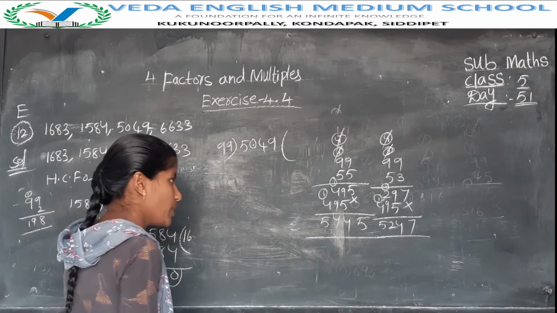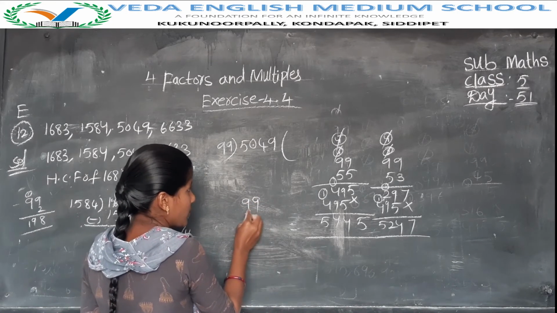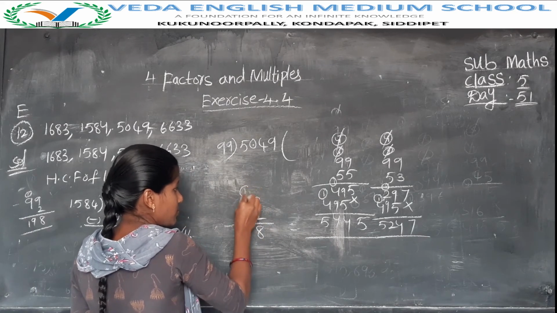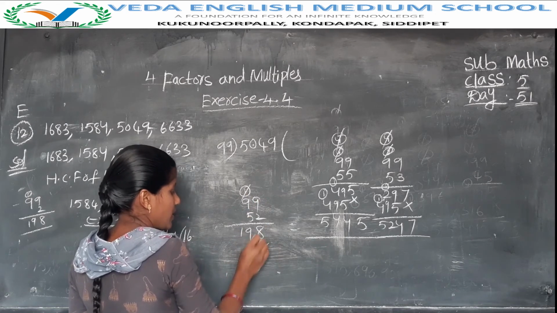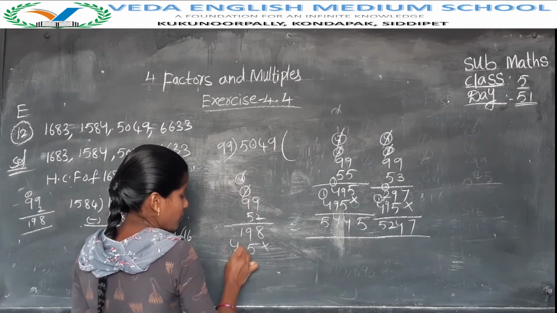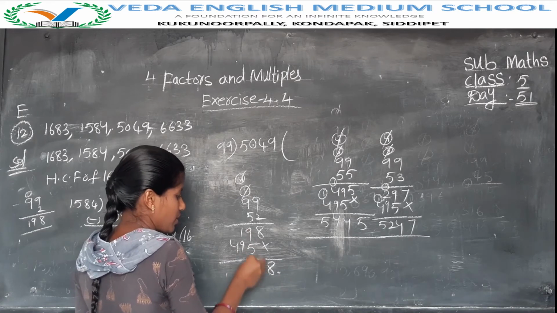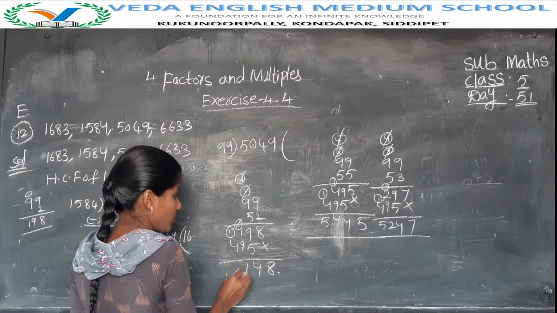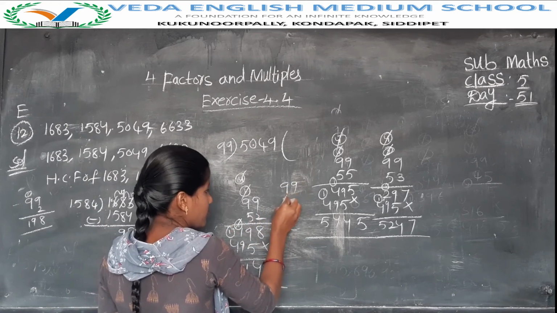5,247. So we need below. 99 times 2, 9 2s are 18, 18 plus 1, 19. 5 9s are 45, 45 plus 4, 49. 9 plus 5, 14. 9 plus 1, 10. 10 plus 1, 11. 4 plus 1, 5. So 99 51s are